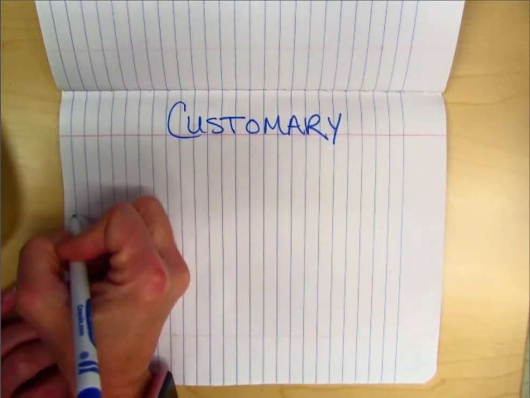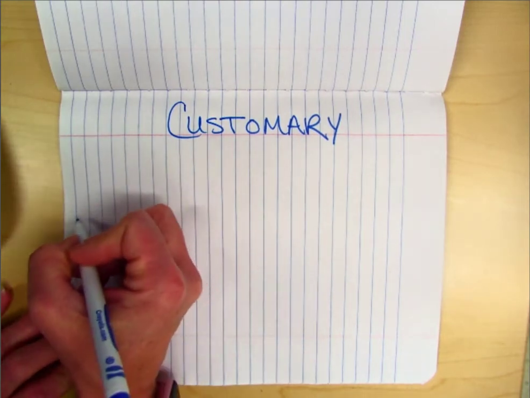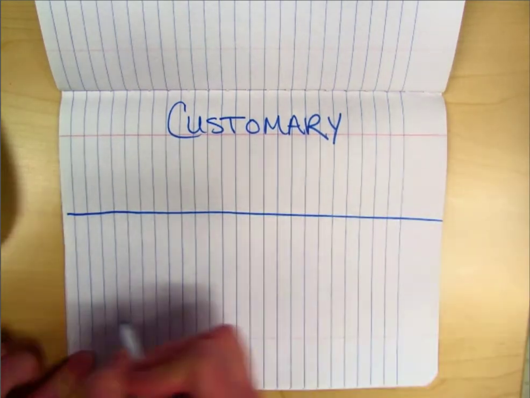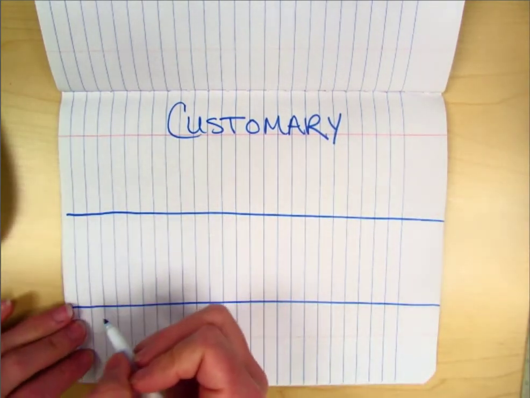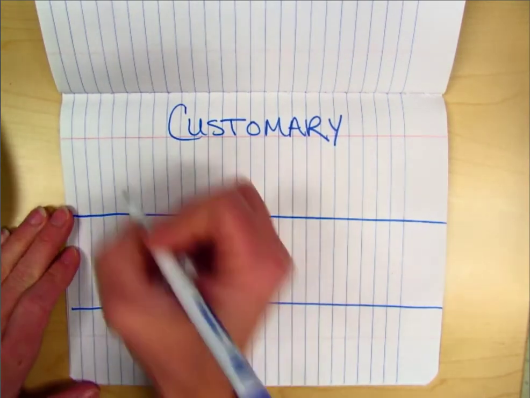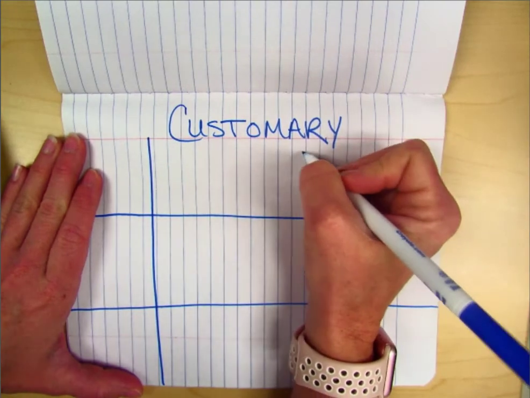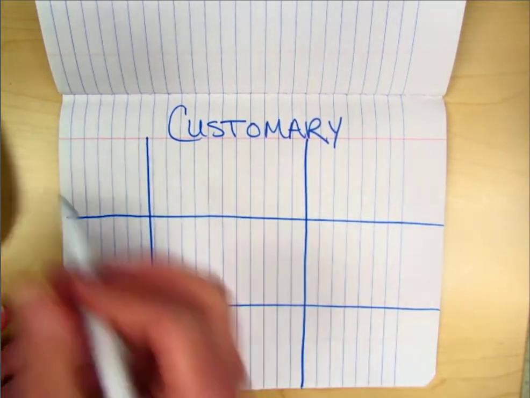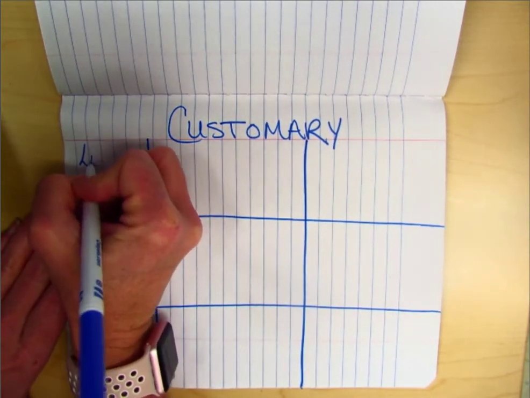So when we're looking at this, we're going to be looking at three different things, and we're going to draw some boxes. We're going to look at length, capacity, and weight. So I'm going to make some sections here, kind of leave more room in the middle because we'll need more to write. So when we're looking at length,